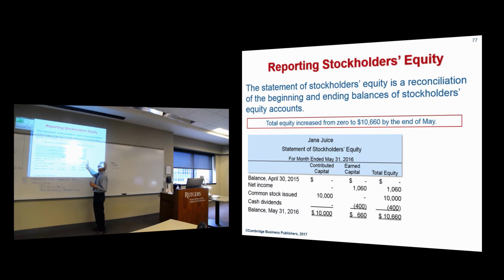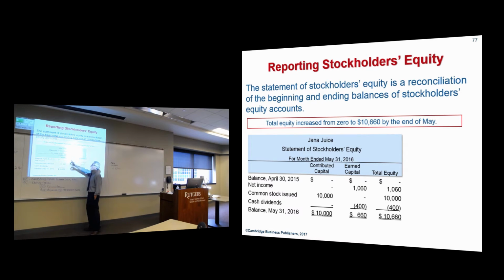So the stockholders' equity statement is another financial statement. Back when I first learned accounting, they told us that there were 3 financial statements: income statement, balance sheet, and there wasn't a cash flow statement back then, a funds flow statement they called it, but there were 3 statements. The stockholders' equity statement was never considered a major financial statement, mainly because it simply summarizes the changes in capital. But today it becomes a major financial statement.